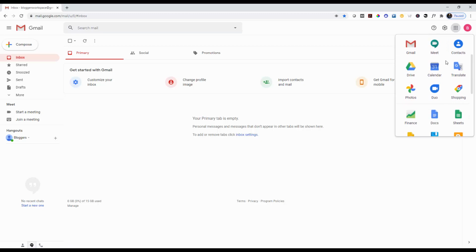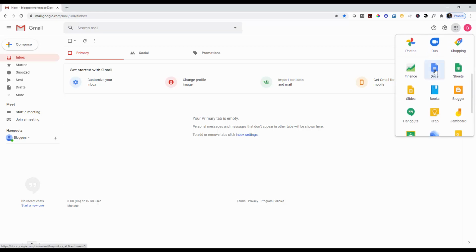So I've decided to show you Google Docs because it's free, it's online, and it is really good at sharing so that you can do collaboration with other people. Since I'm showing you Google Docs, I started out in Gmail. I've logged into my Gmail account, and in the upper right-hand corner, there's the 9 little dots. If you click on those, a menu will open, and in that menu, you're going to see all the apps that Google provides. If you scroll down, you're going to see Google Docs, and it's going to open up to